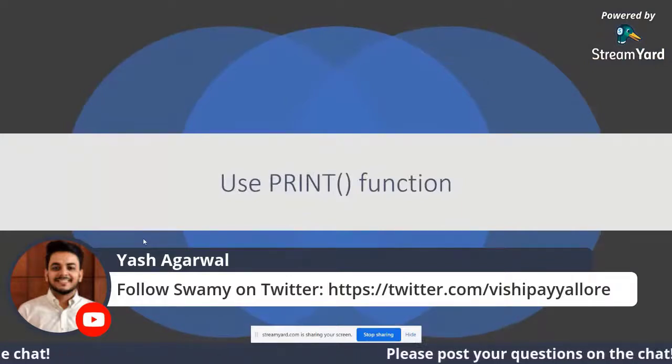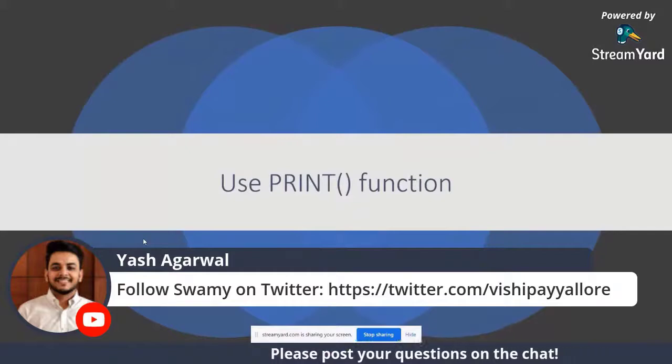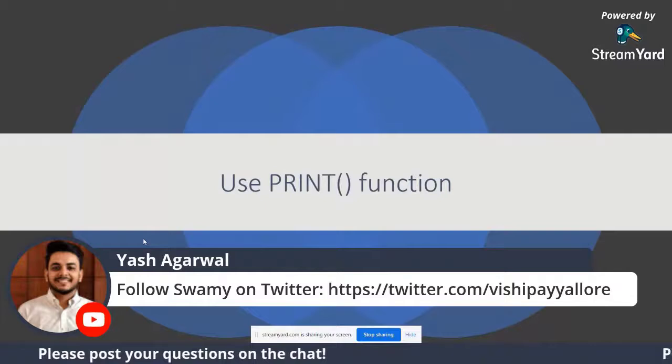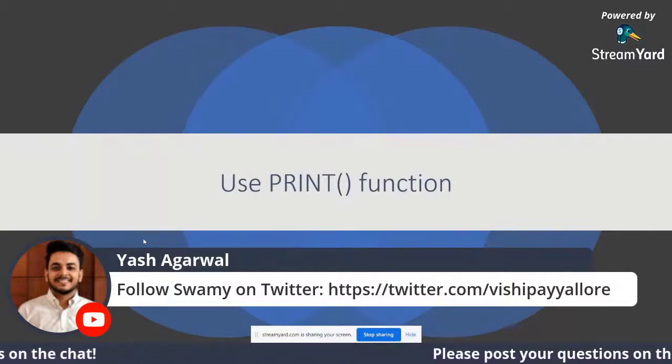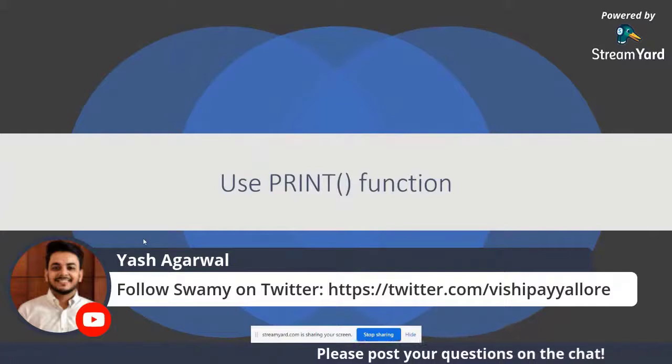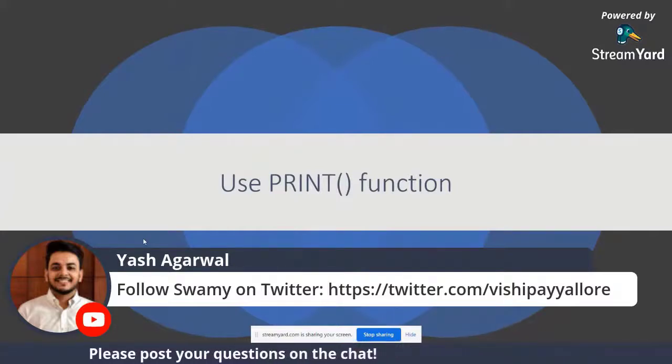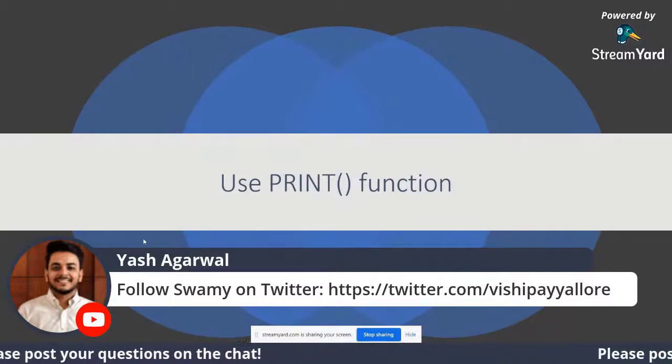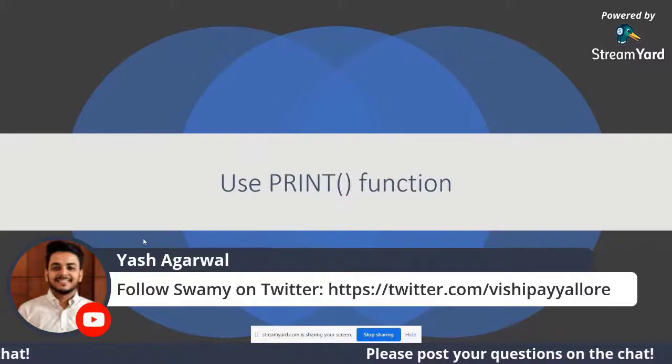Now, how can we use the print functionality in our applications? For that, you can use the Print function. It does not accept any parameters. You can write it on any of the OnSelect properties of your control. With this Print function, you can select which part of your screen you want to display.